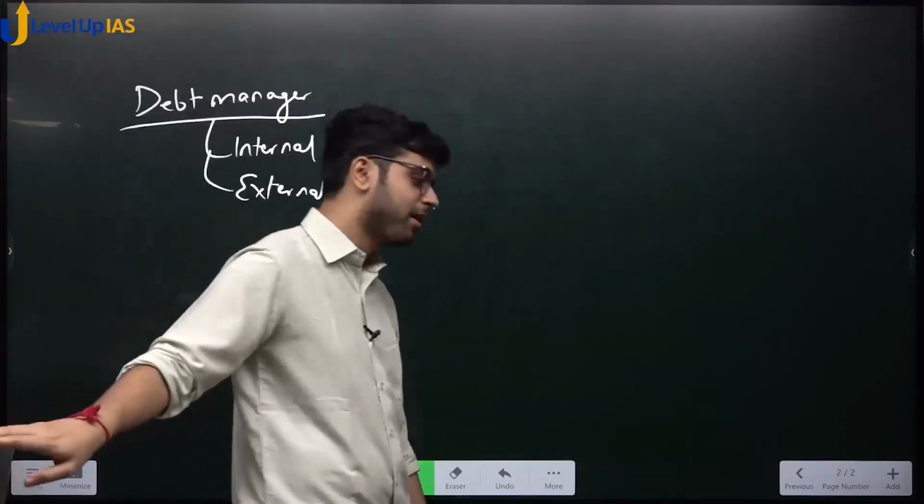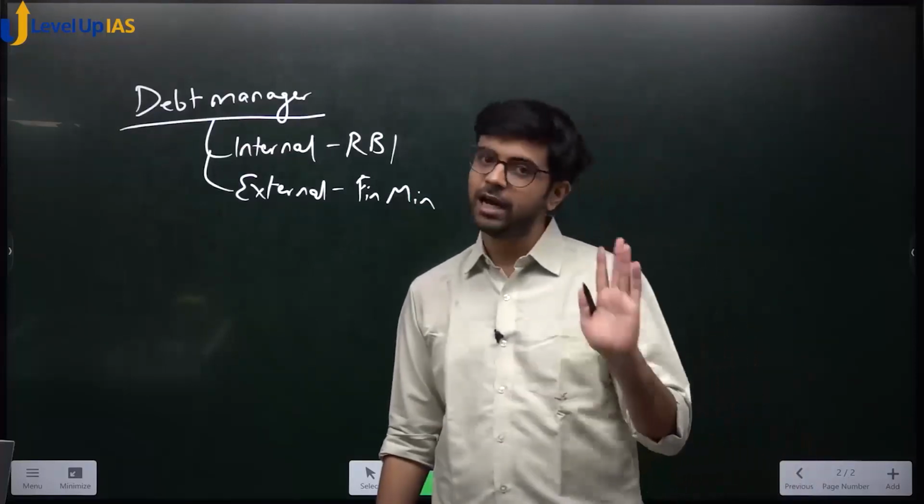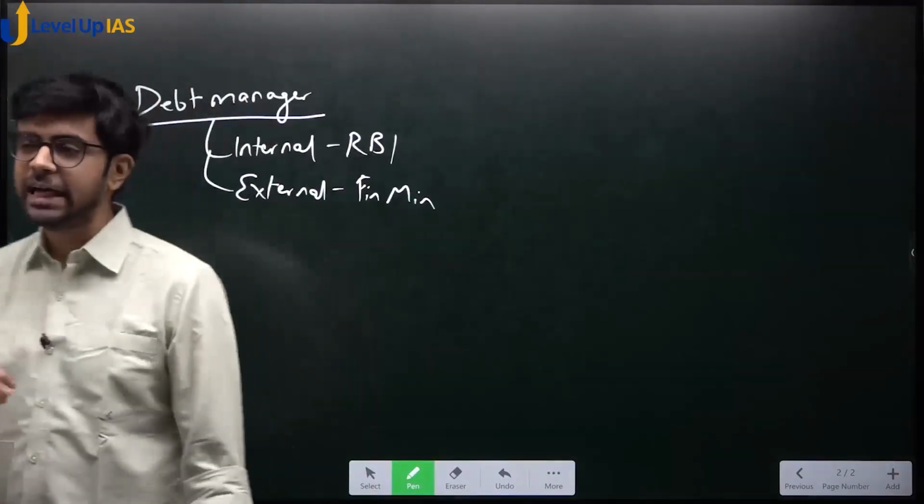Because as an agent, our government will ask RBI to keep interest rates as low as possible. So this is a very big dilemma. Do you agree with this? Second dilemma is that